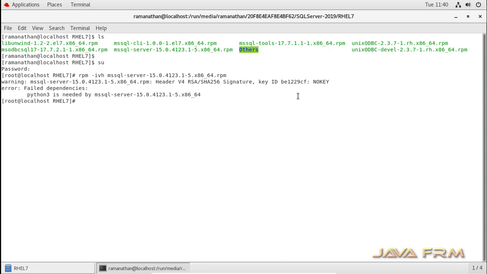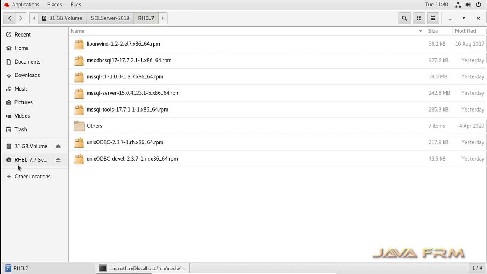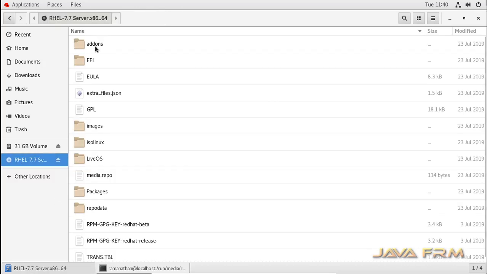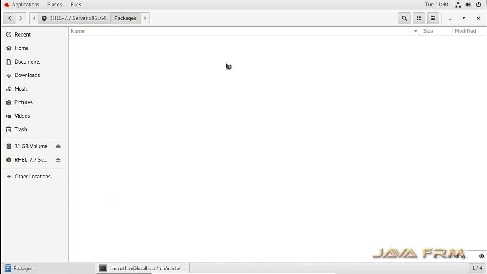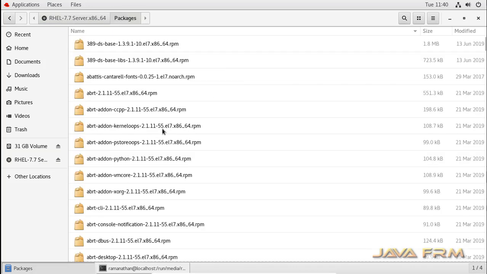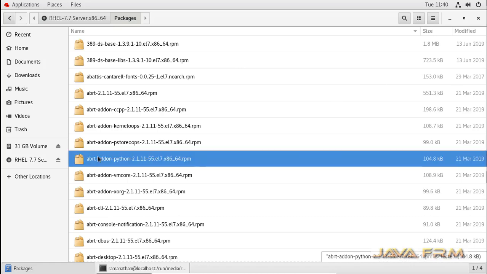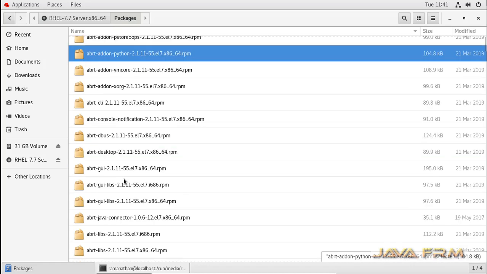No need to worry about it because I have already mounted the Red Hat Enterprise Linux 7.7 DVD. So this is the DVD. In the packages directory, you can see the Python 3 RPMs and other dependent packages are available.